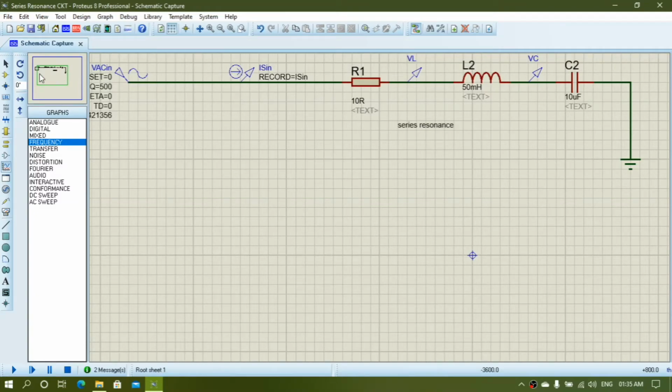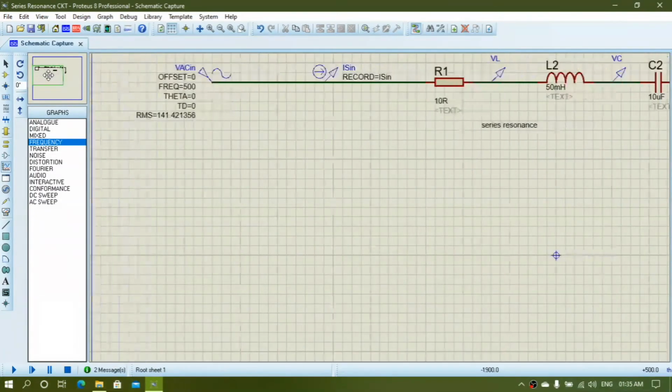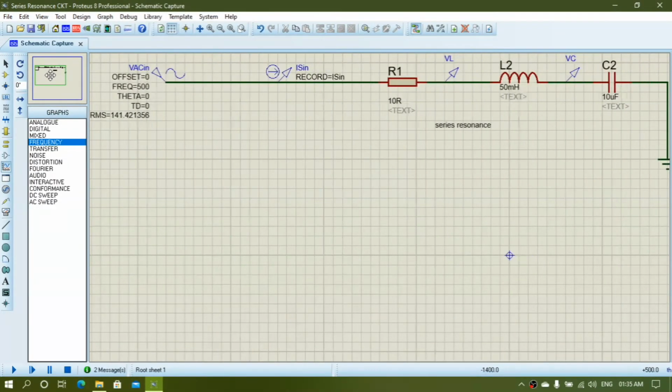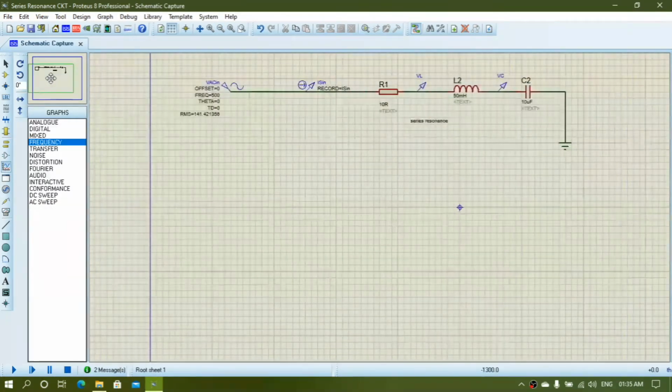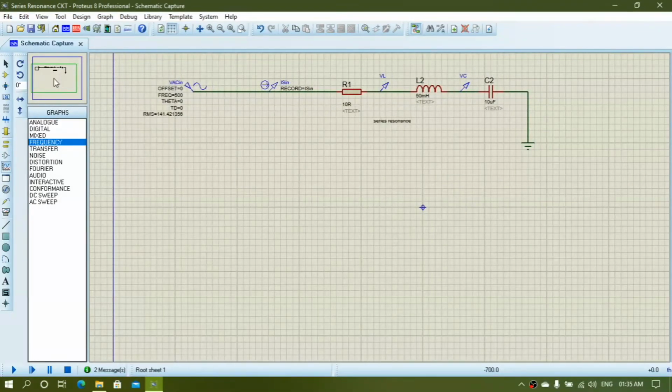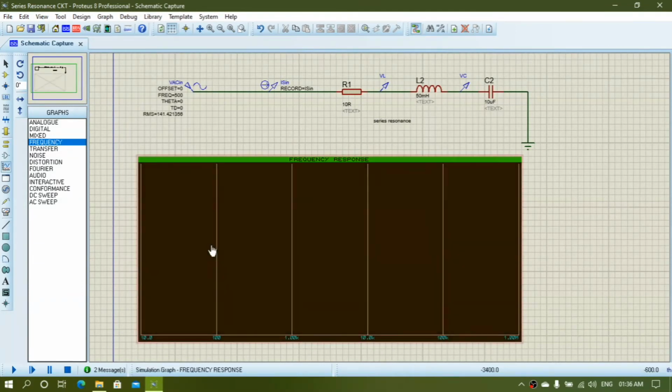Okay, place it properly. Now take your frequency plot feature and mark a space, allot a space for this graph.